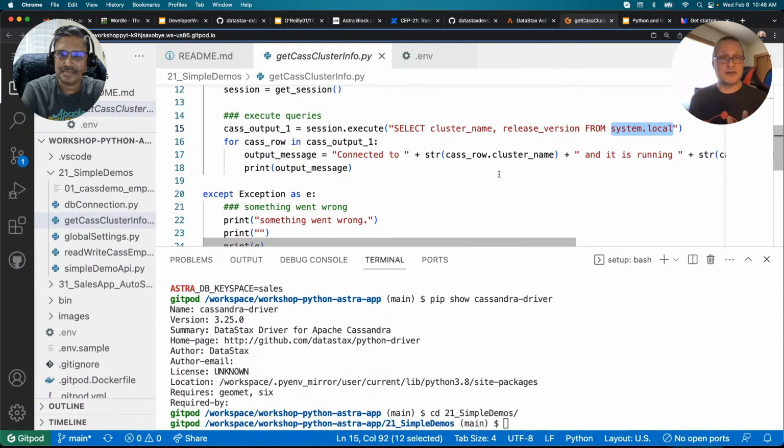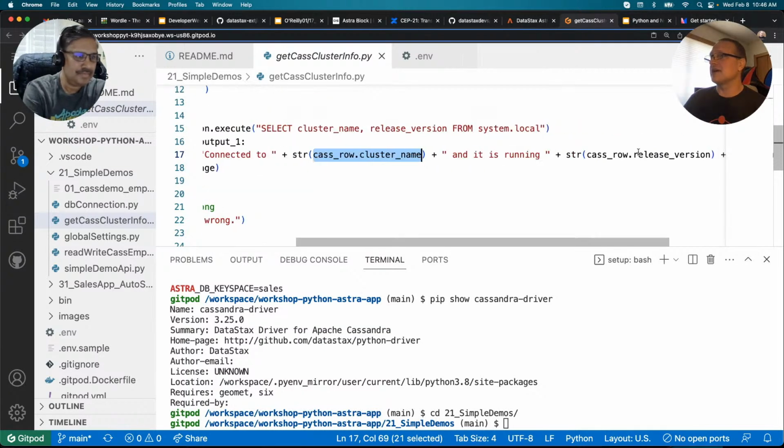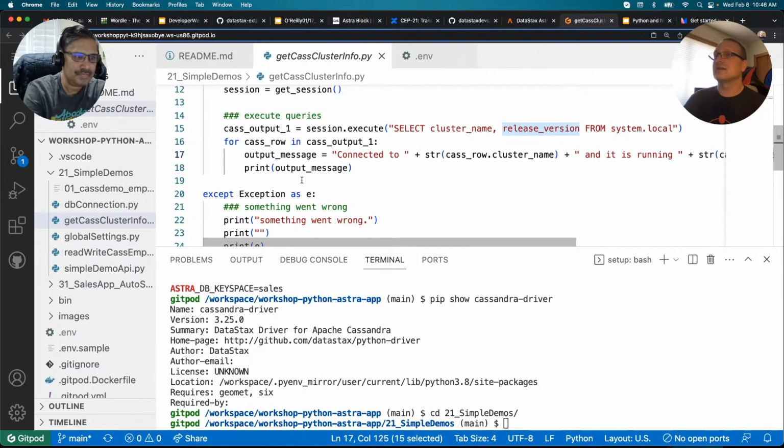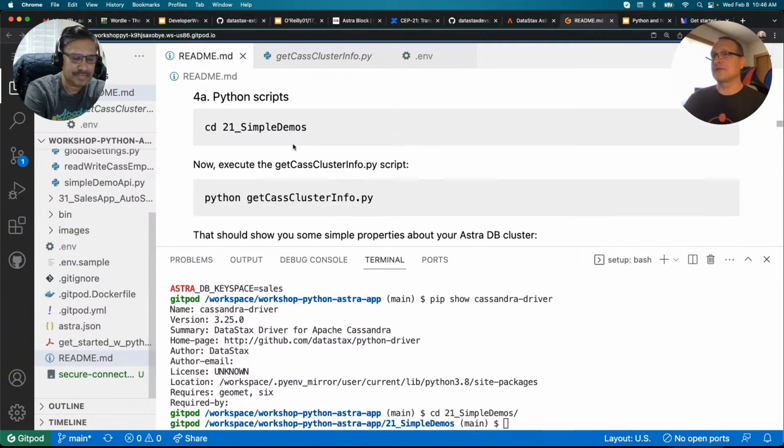Now, all Cassandra nodes and all Astra nodes will actually have this system local table. So this makes for a great way to test out your connection, just make sure everything's working. And then you'll see it's actually going to put in this cluster name and the release version on the end here too. So if I go back to our README here, I just need to do python get cas,